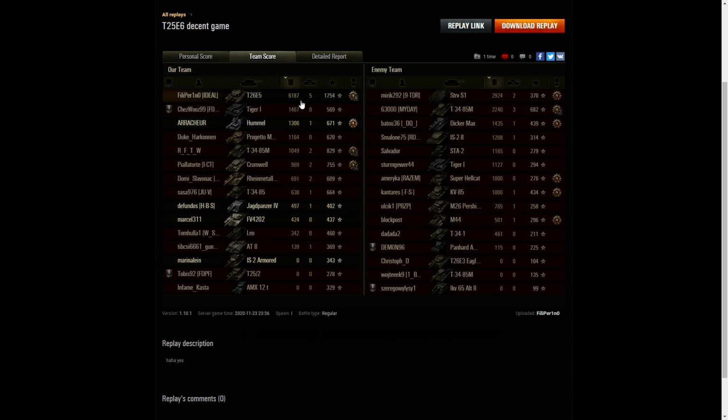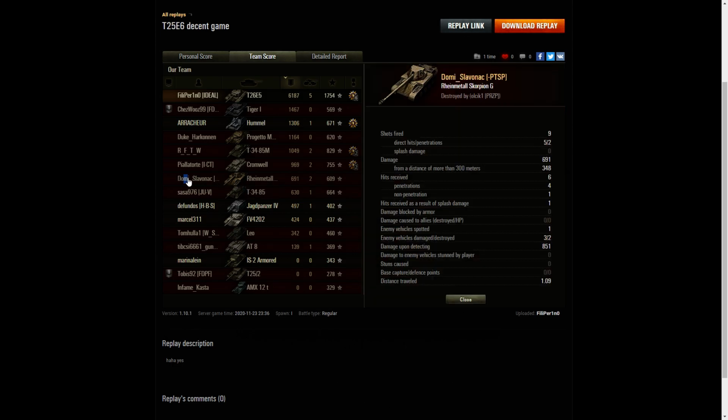6,187 hit points of damage. The next high scorer was, in fact, the Striv S1 on the enemy team, 2,924, followed by their T26E5M, 2,240. Yep, the high caliber was stolen away by this idiot here, Domi Slavonak, who drove right in front of FiliPer1n0 just as he was firing and took the round that was meant for the enemy,